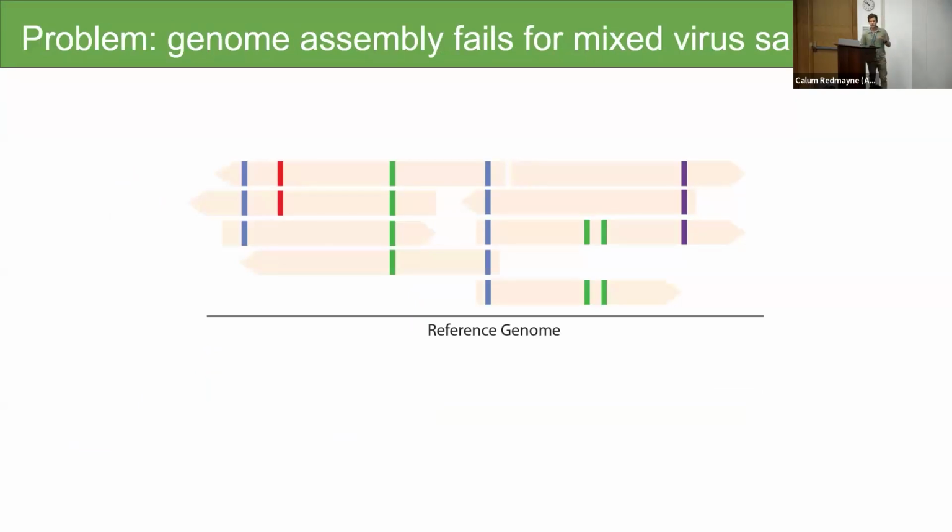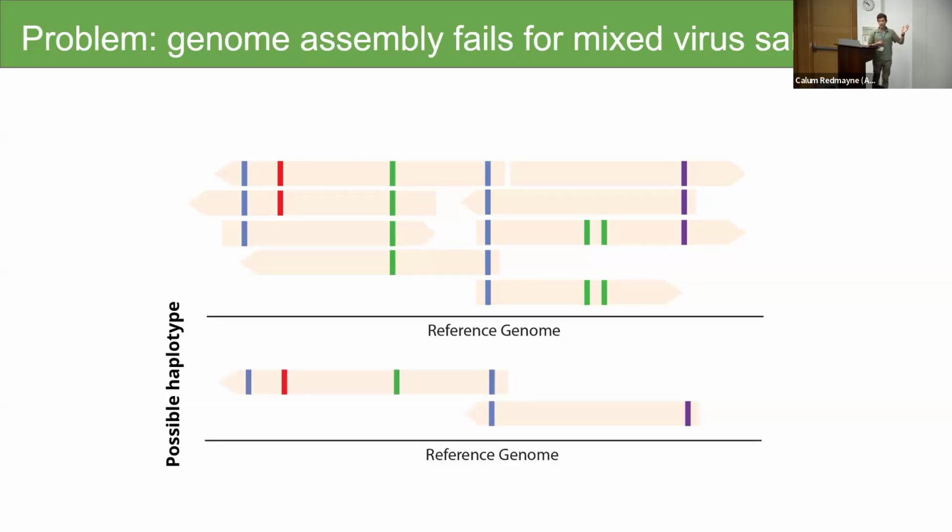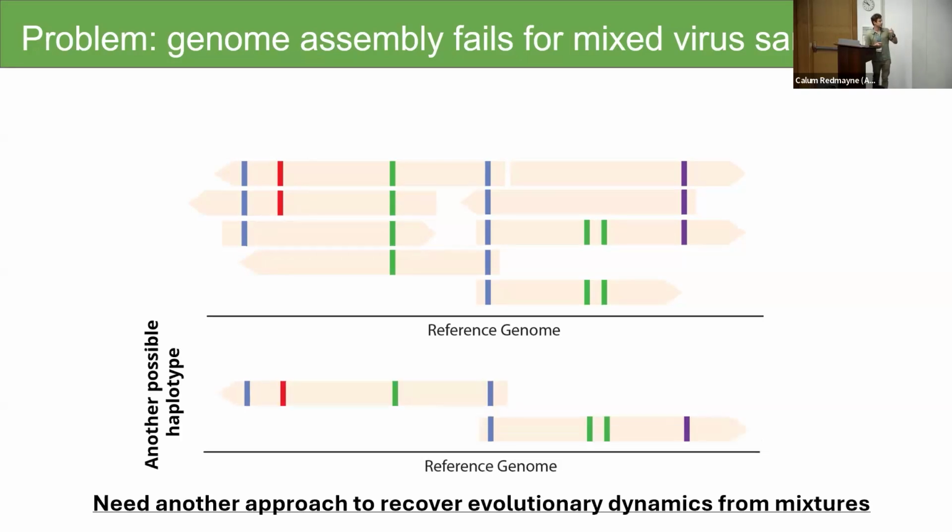The thing is, if we want to use our traditional tools for SARS-CoV-2, they don't really work very well for extracting consensus genomes out of a wastewater sample. They're highly mixed, and it's an ill-posed problem. So you could have one potential haplotype that you could be inferring, but also those same reads could potentially, you can't really see because my text is covering it, but multiple different haplotypes can be basically all encased within a single sample, and it's impossible to identify which mutations are associated with which particular virus genome.